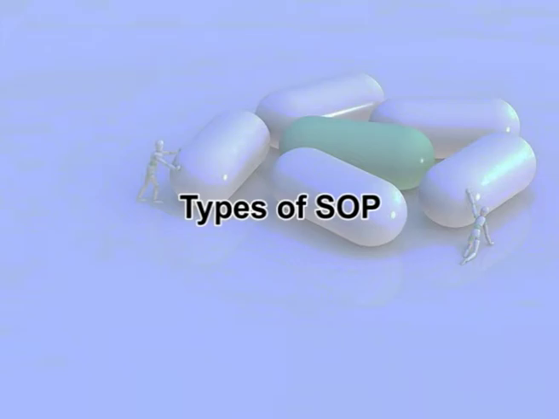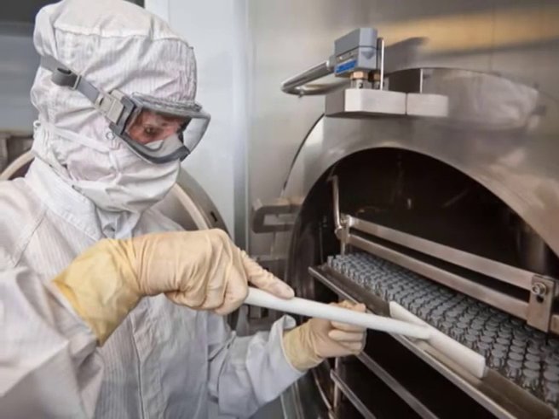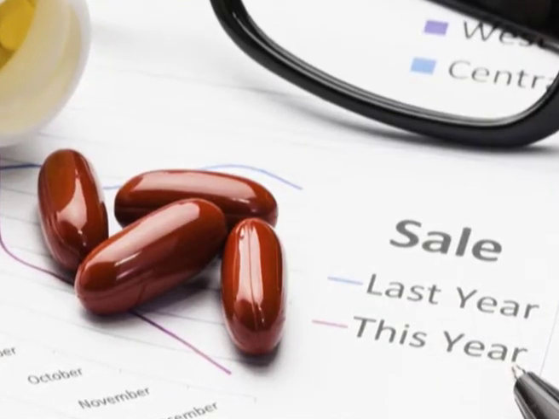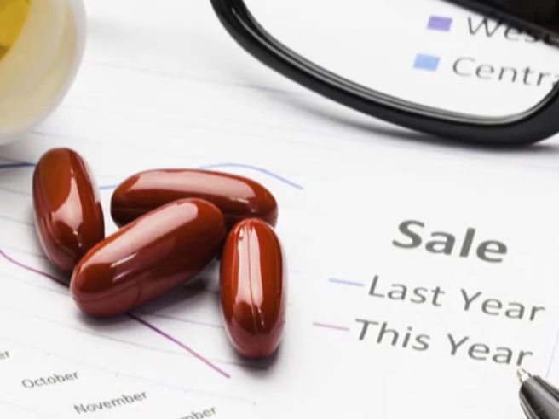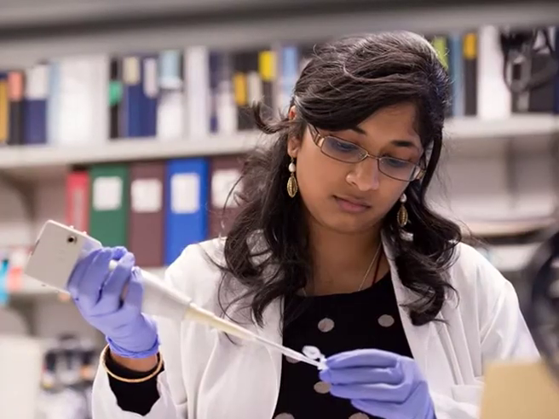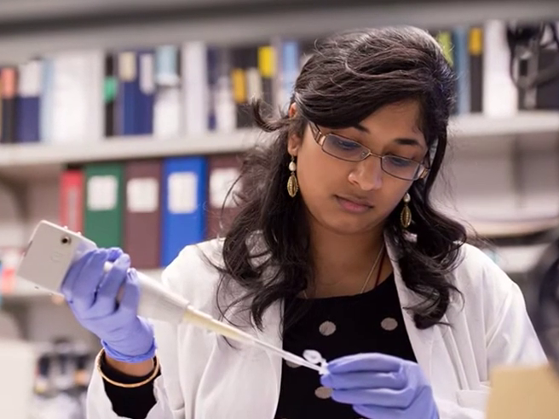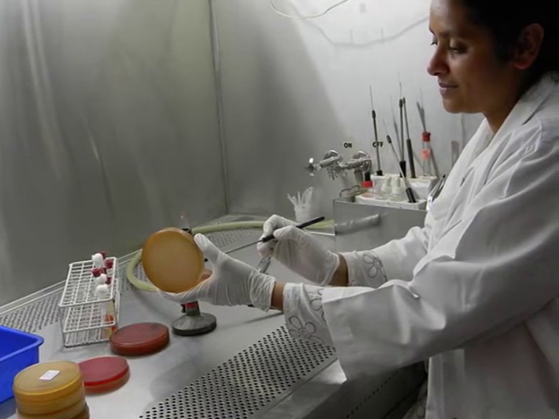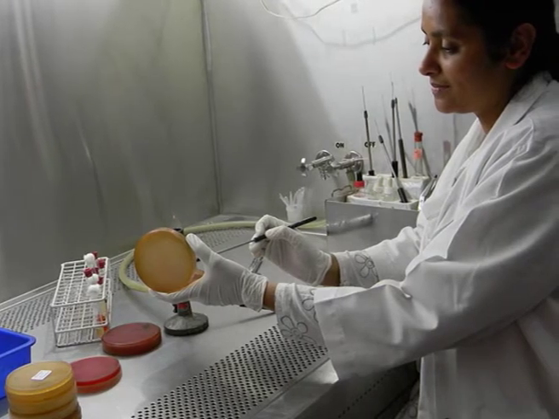Types of SOPs. SOPs may be written for any repetitive technical activity as well as for any administrative procedure that is being followed within an organization. So, first type is the technical SOPs. Technical SOPs can be written for a wide variety of activities. Examples are SOPs instructing the user how to perform a specific analytical method to be followed in the laboratory or how to collect a sample in order to preserve the sample integrity and representativeness of the area of concern, such as